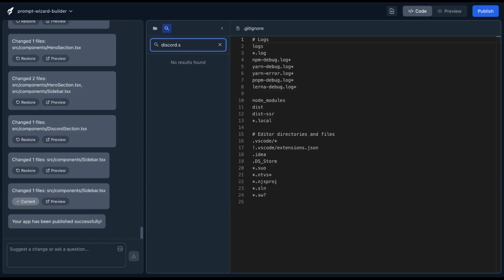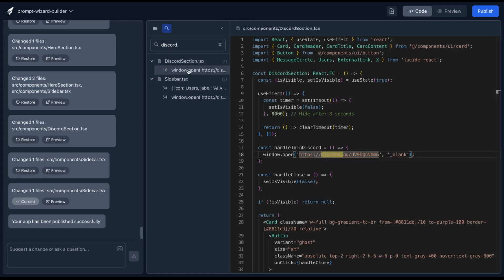Discord, there we go. And this is going to find all of the files that have that mentioned in it. So there's Discord section.tsx and the sidebar.tsx. So we can click on this. Not only does it go to that file, it jumps all the way down to where